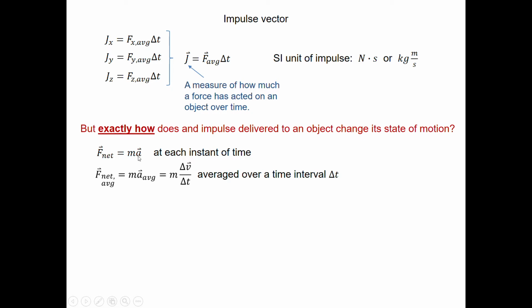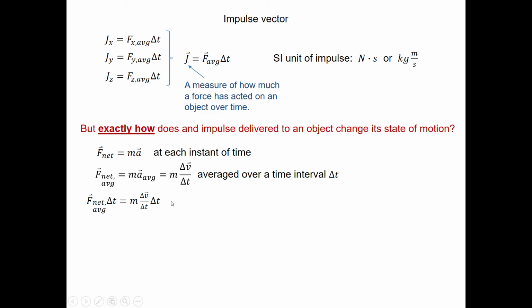And if that's true at every instant in time, then it's certainly true that the average net force is equal to the mass times the average acceleration. And we can go back to our work that we did in Chapter 3 and express the average acceleration as just delta v over delta t. So this is an expression for F net equals ma averaged over some time interval that we pick. Usually it's the time interval of the collision,